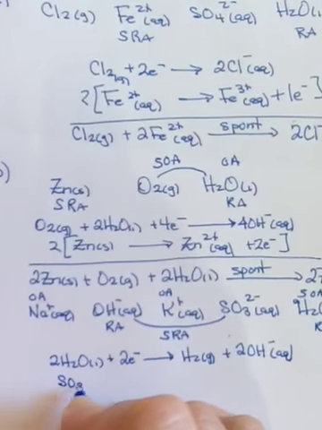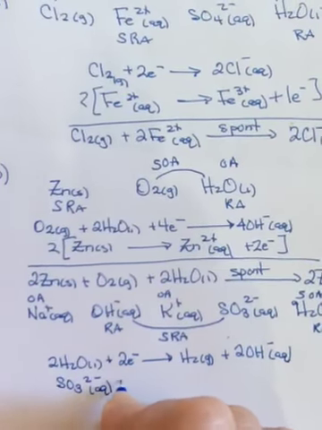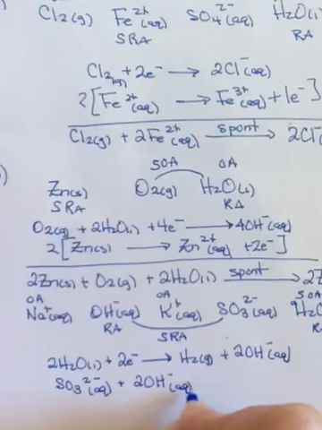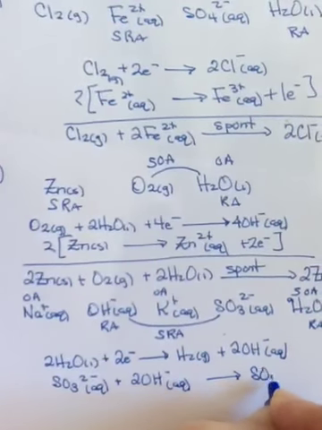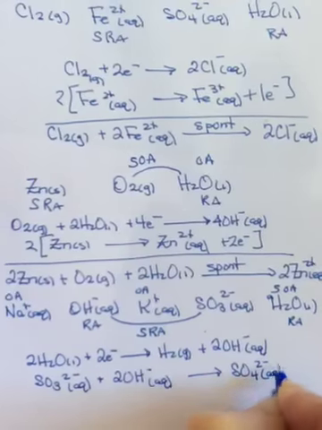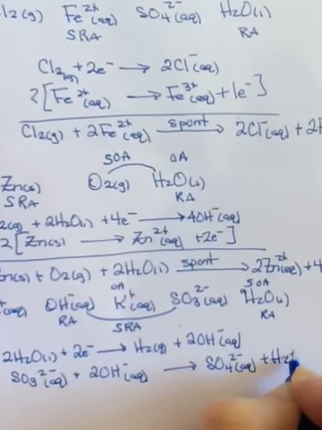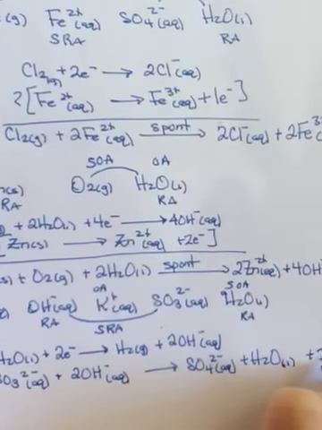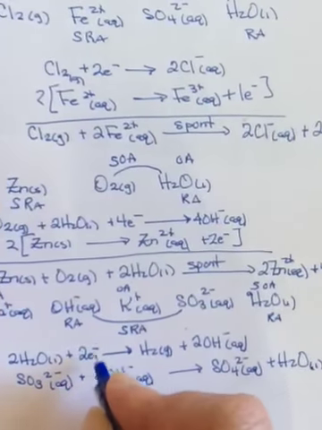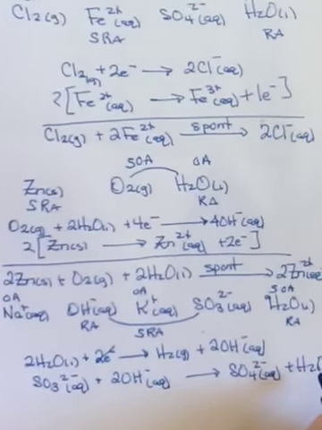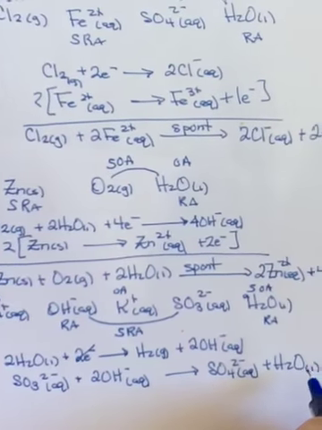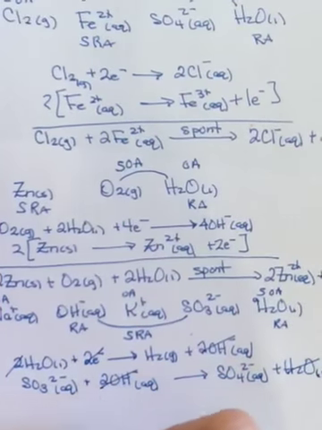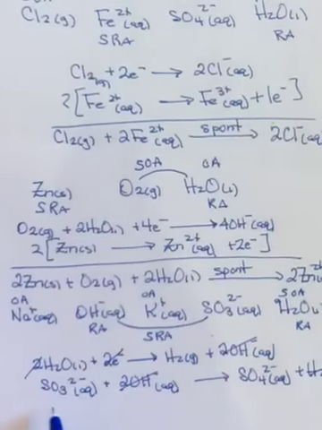And then SO3 2 negative aqueous plus 2 OH negative aqueous goes to SO4 2 negative aqueous plus 2 water plus 2 electrons. So the 2 electrons are going to cancel out. One of the waters, right? And the 2 OHs are going to go. And so we're going to be left with,